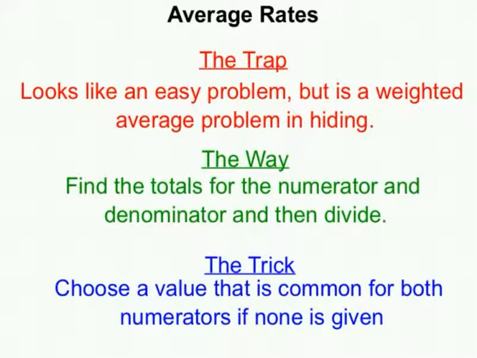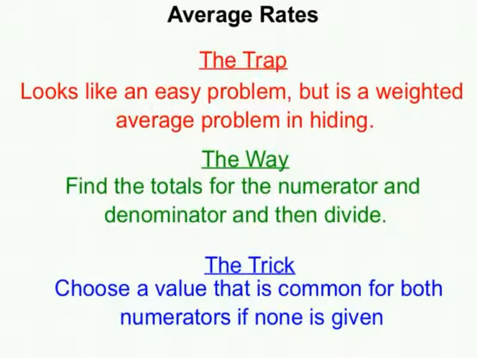And the last trap topic for today is average rates. Average rates look kind of like an easy problem, but turn out to be very similar to the weighted average problem. The difference is that with a weighted average, they kind of break everything down. For example, in the last one, he scored 2 goals over 3 games. The difference here is that with an average rate, it's already going to be reduced. So something like miles per hour, which we'll see in a second, is a great example of an average rate